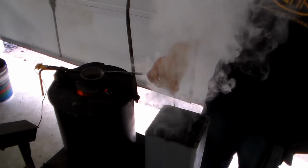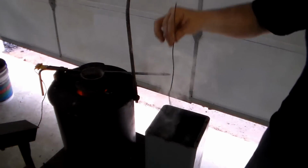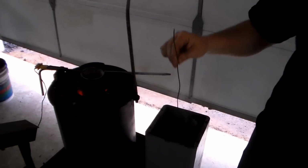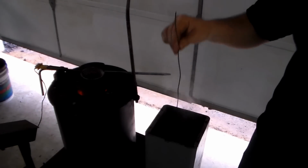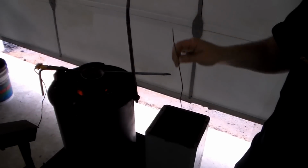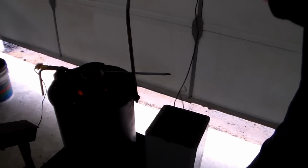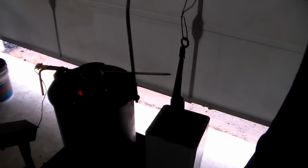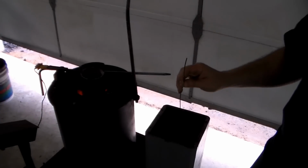A tall vertical tank like this, especially having the blades hanging on a wire, because you can move the blade up and down to agitate it in the oil. Right now, as this blade is cooling down from what was the austenizing heat at 1475 and